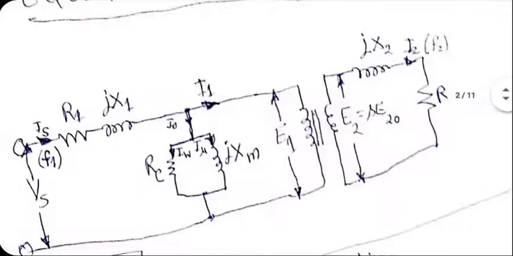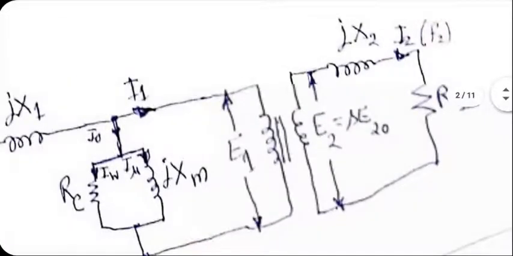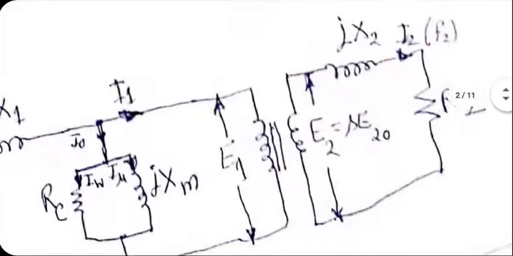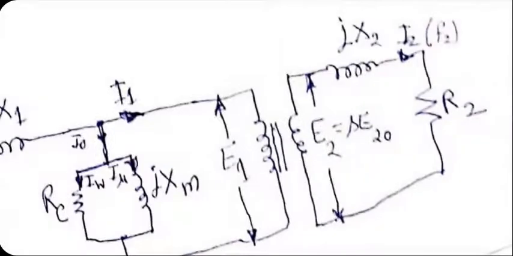That is why I am showing two EMFs being produced on the rotor side. One of them is E2 naught, which is the value of EMF when slip is 1, that means when the rotor is not rotating at all. And then the actual value, which is denoted by E2. The relation, of course, is simple enough: E2 is S times E2 naught. When slip is 1, that means rotor is not rotating, both E2 and E2 naught are the same.